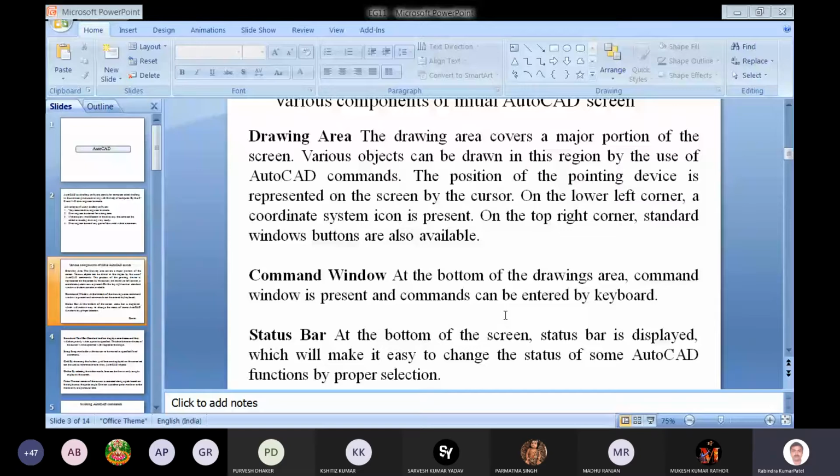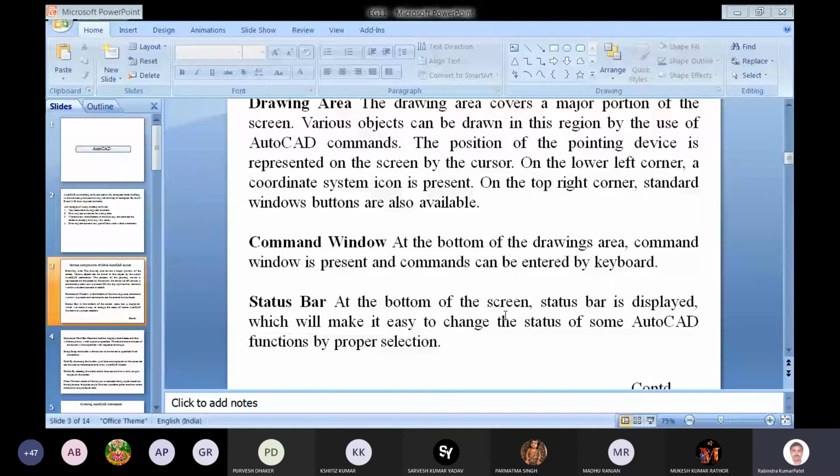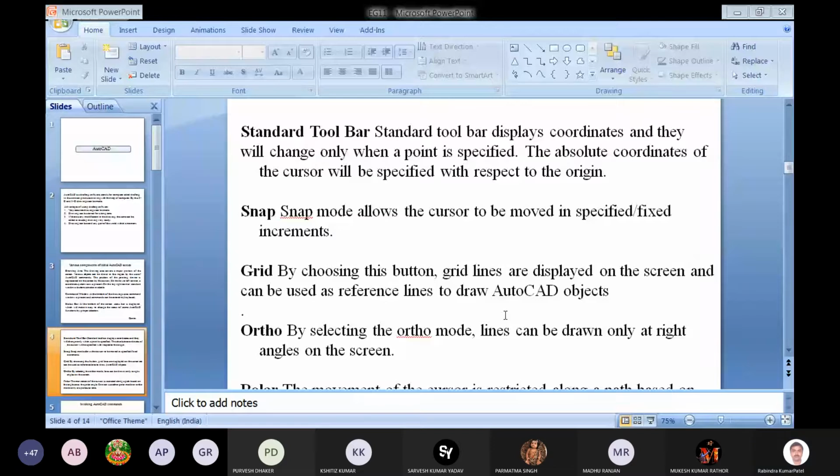Standard toolbars are there, where various coordinates and coordinates of the cursor will be specified.